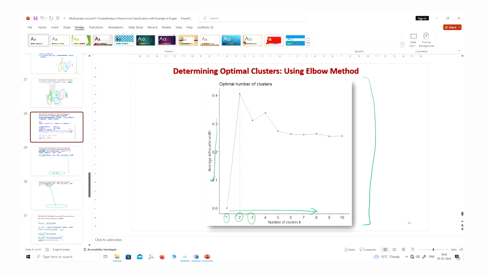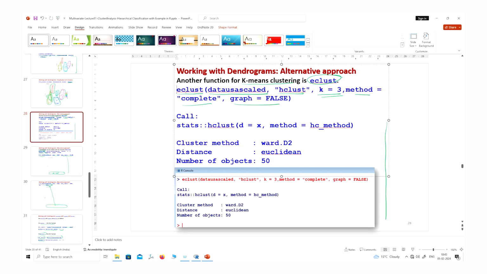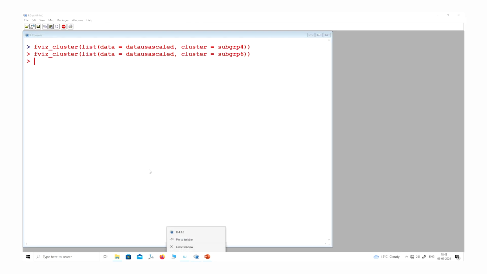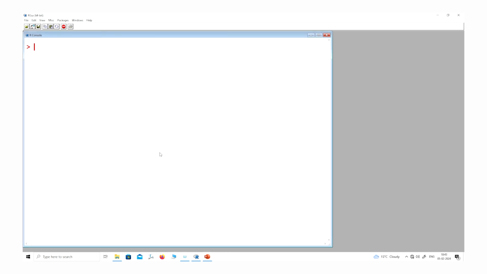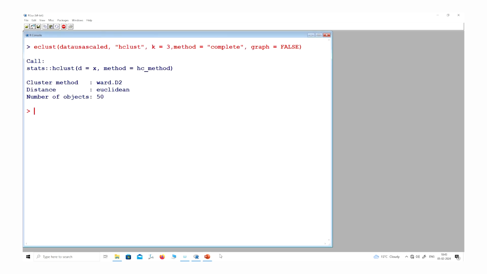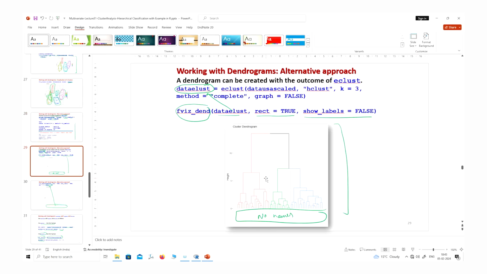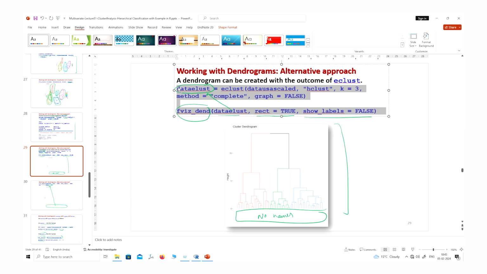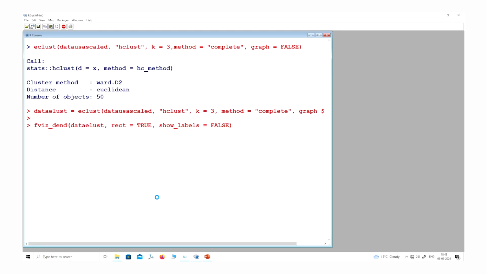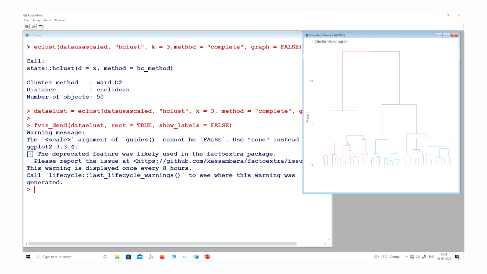commands in the R software also, so that you become more comfortable. I first use eclust, and this is my outcome. After this I create this type of dendrogram using fviz_dend. Here you can see the dendrogram which I have shown you.